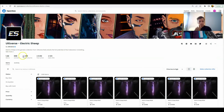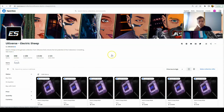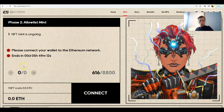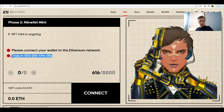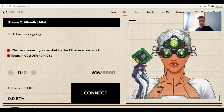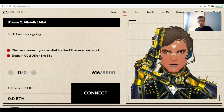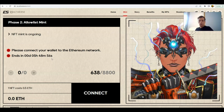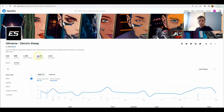Looking at this, some of these: total volume, total in the collection, activity. Obviously, work out how long the window is as well, because how long that window is depends on how quick you've got to make a decision. There's two things. If it's real quick, you've got to make a quick snapshot decision, and sometimes it can work out for your benefit because you're getting in quickly, you're minting quickly,